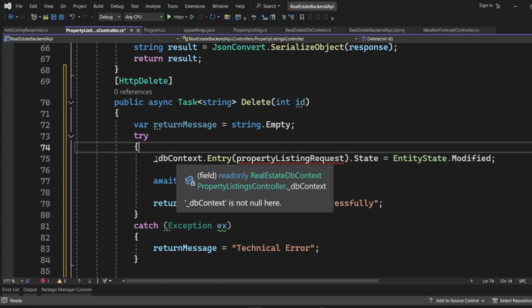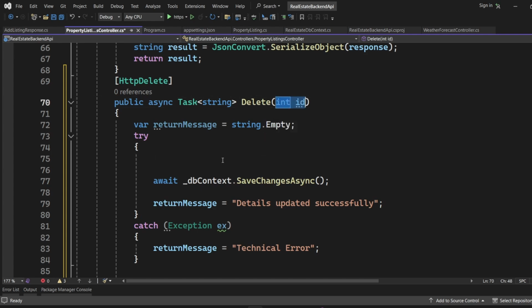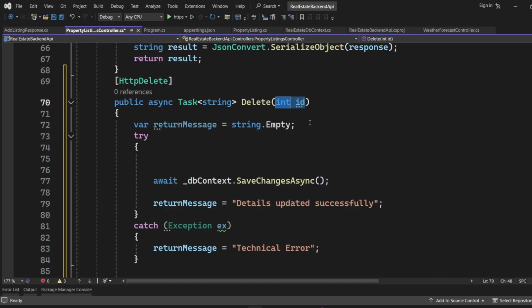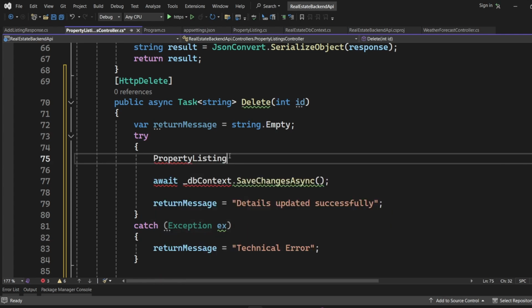Now over here, what we have to make sure is that we have the particular record in the table for which the ID is being sent. That means if the record is not existing for, let's say, ID 10, at that time we should not be performing any delete operation. Only if an ID is valid, that is existing in the table, we should be able to delete the record. So over here, I'll just have property listing record,